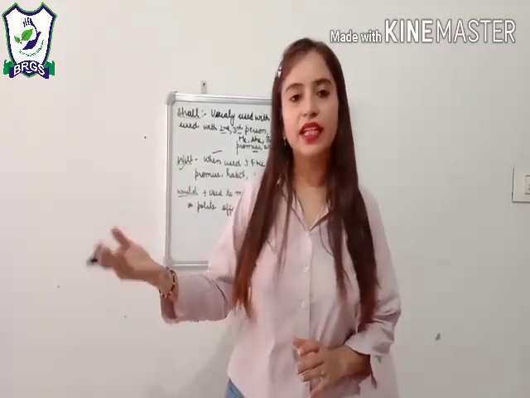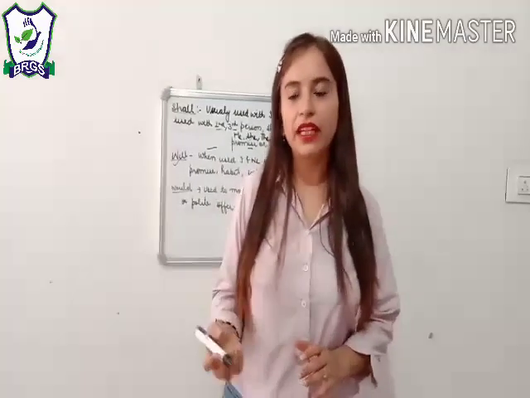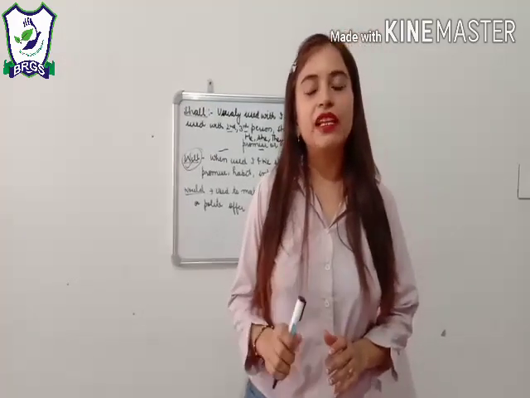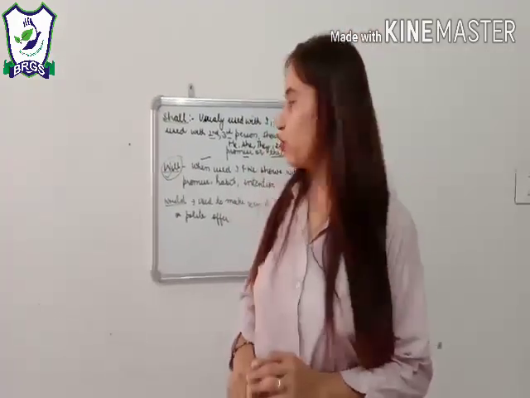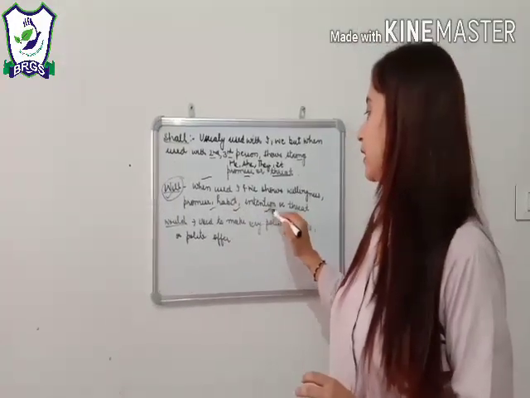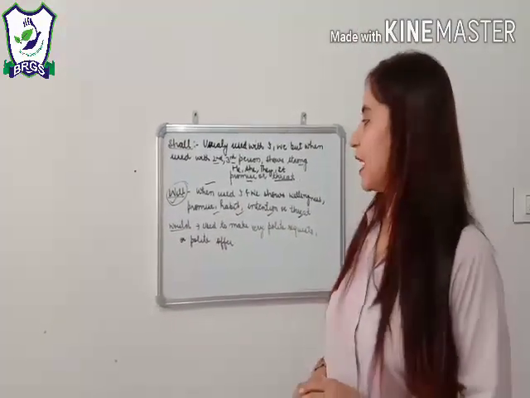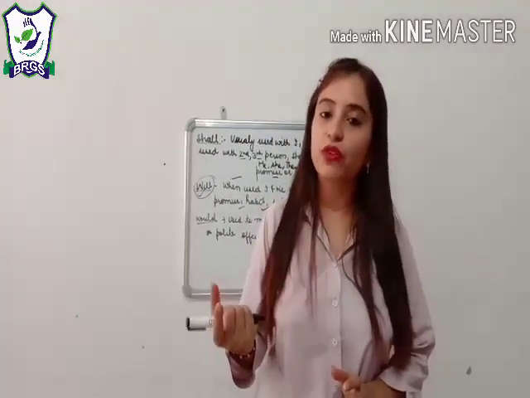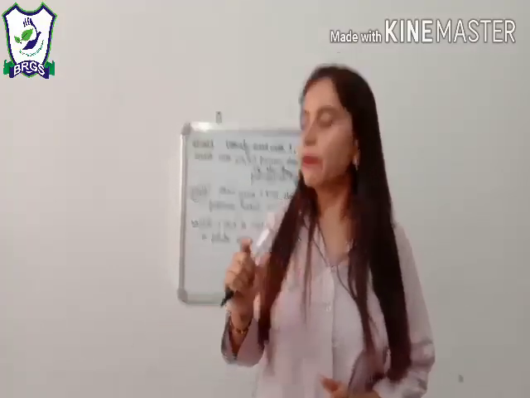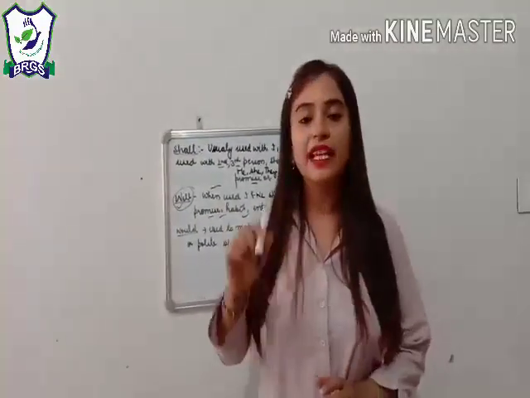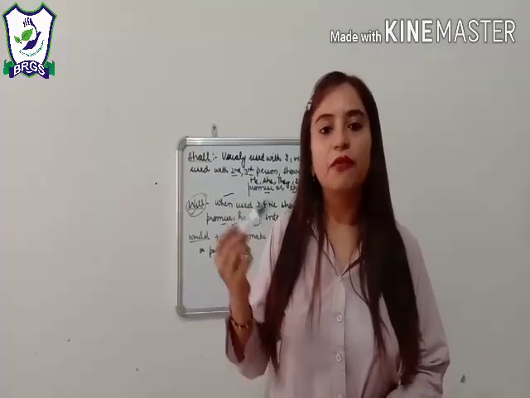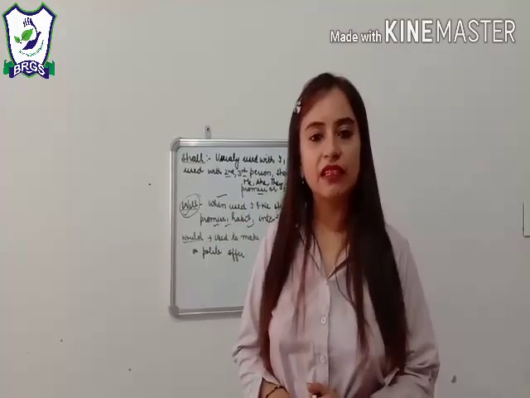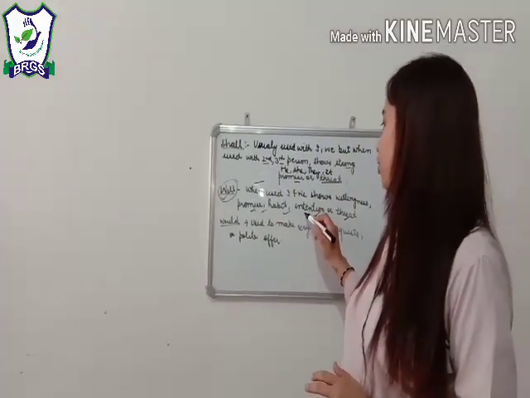You, he, she, it. Except I and we are using will with everything. But when will is used with I and we, it shows a promise, a habit, an intention or a threat. For example, I will study hard. Though I could have used I shall study hard, that would not show that I am making a promise. If I have used I will, I have used with I, that means I am making a promise that I will study hard, and it shows a habit.